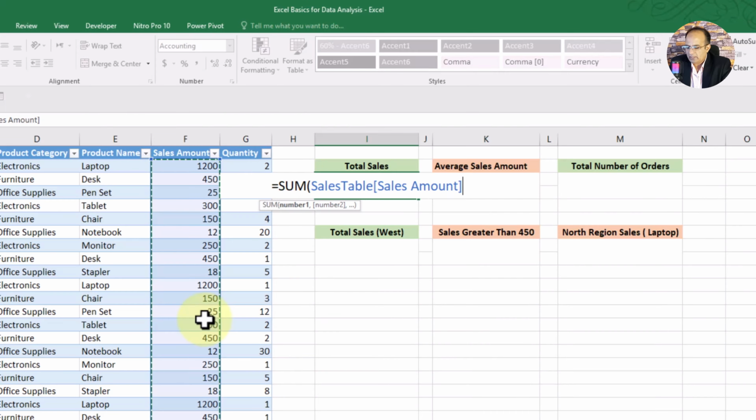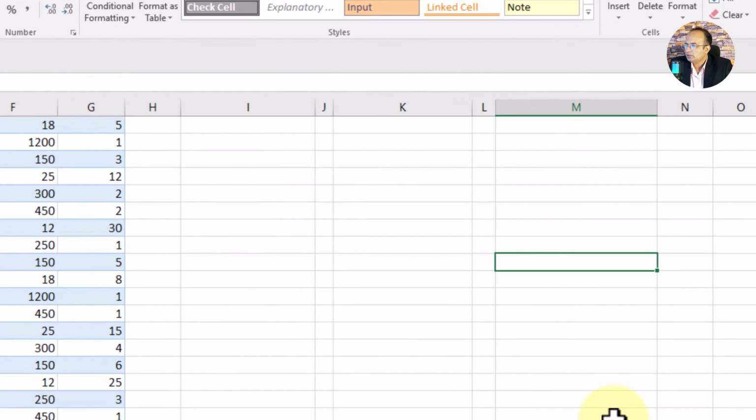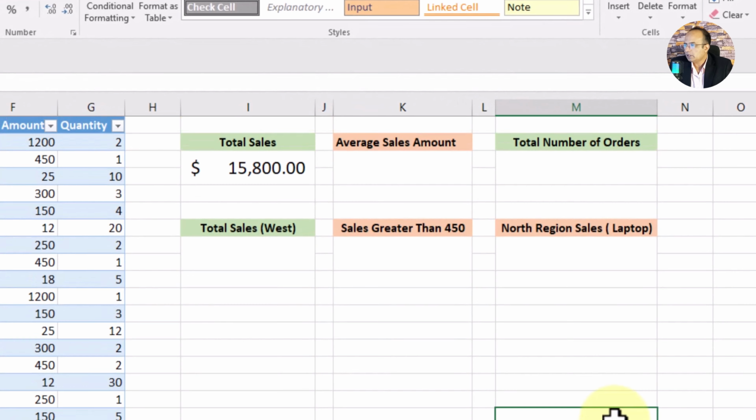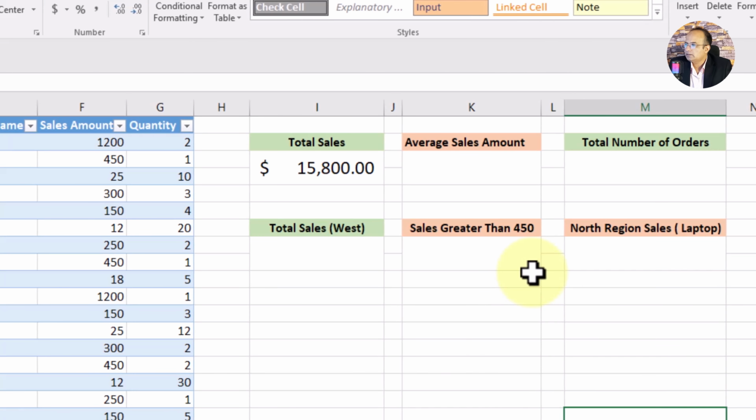Then close the parentheses to apply the formula, hit enter, and now we have got our total sales. It means that in our data the total sale amount is $15,800.